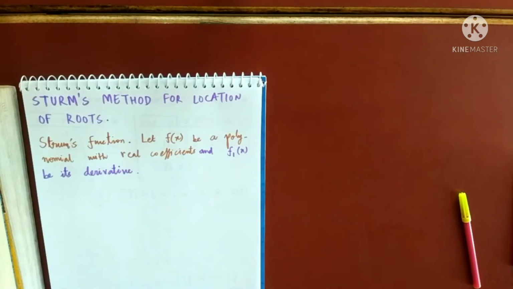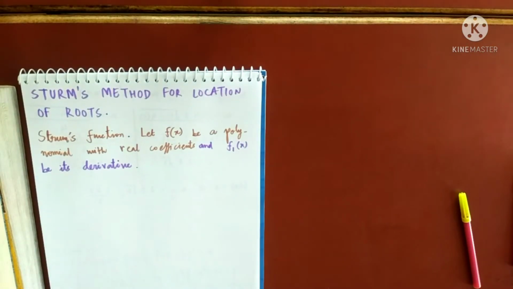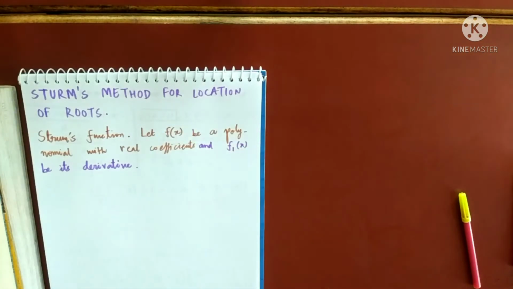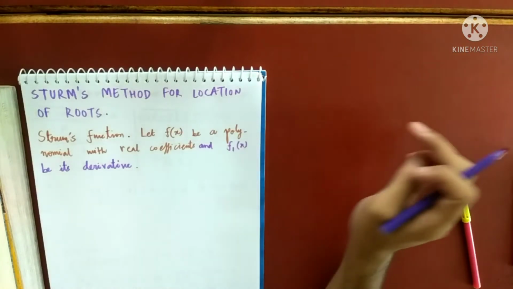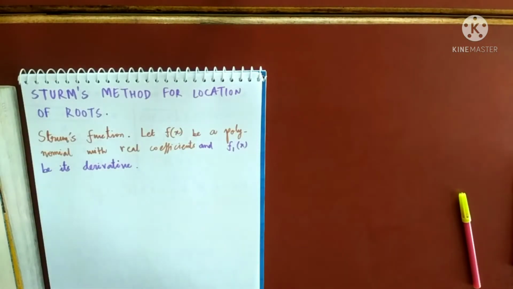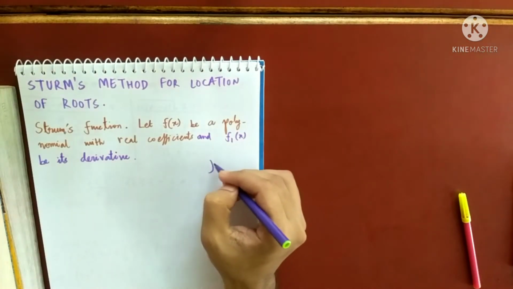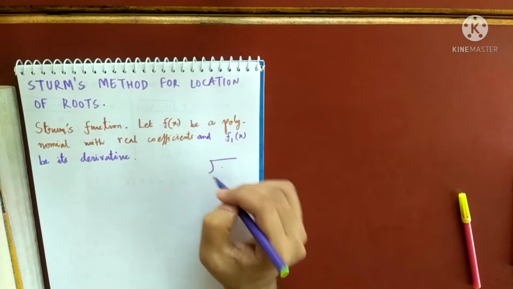So what is this? This is the polynomial, this is its derivative. You have two polynomials now: a polynomial and its derivative, the function f(x) and f1(x). So we can find their HCF. There are two methods of finding HCF. One method is the long division. So let's apply the long division for finding HCF. How do you use the long division? Suppose I want to find the HCF of some number here and some number here.